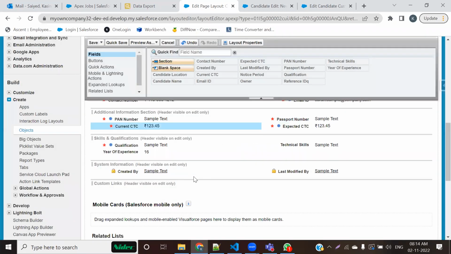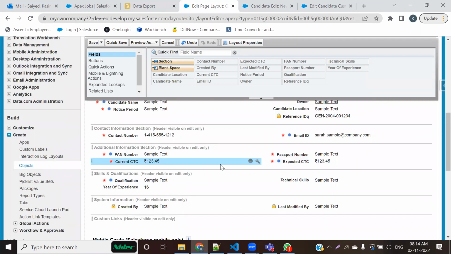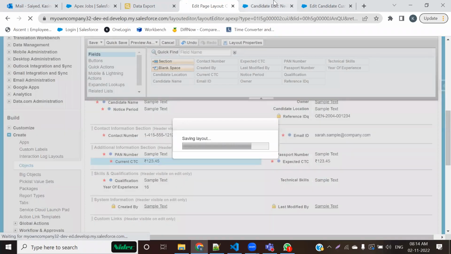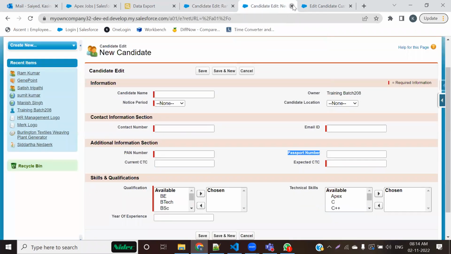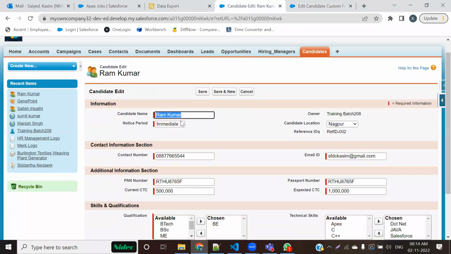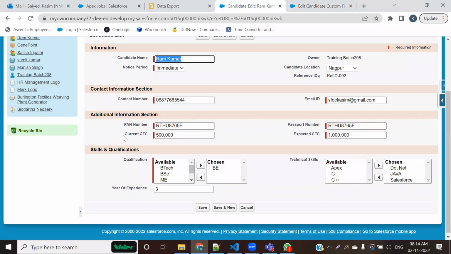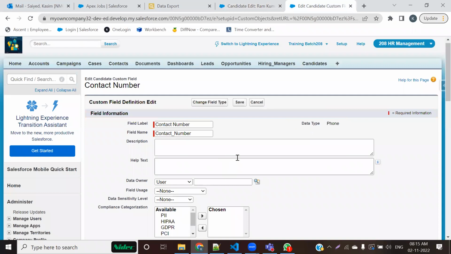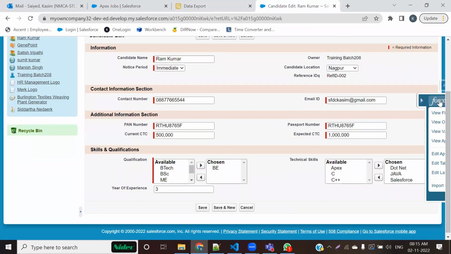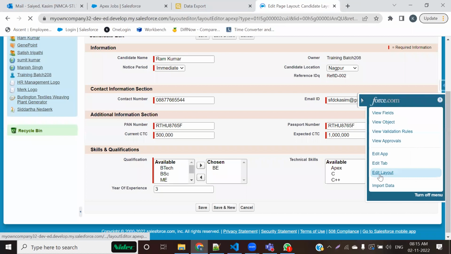Okay. What you see? One red star, one red star, red star, red star. So wherever there is a red star, this means, see, इसको complete करते हैं पहले. If you go to the page layout customization पर अगर आप जाते हैं, after committing this, when you go to this user interface, यहाँ पर आपको current CTC और पैन नंबर एक जैसा दिख रहा है, पासपोर्ट नंबर एक जैसा दिख रहा है, मतलब हियर देयर इज नो वे टू फाइंड आउट द डिफरेंसेस, मतलब दोनों मैंडेटरी है, ये भी फील्ड रिक्वायर्ड बन गई, ये भी फील्ड रिक्वायर्ड बन गई। बट इफ यू क्लियरली वांटेड टू सी कि कैसा है, तो आपको उसको एडिट लेआउट में जाना पड़ेगा।